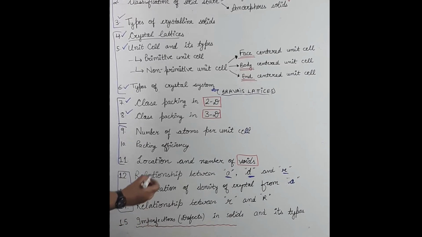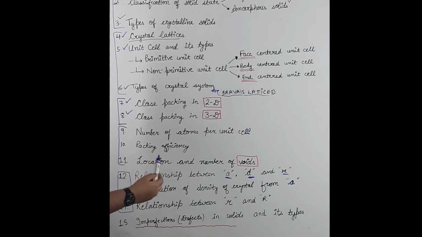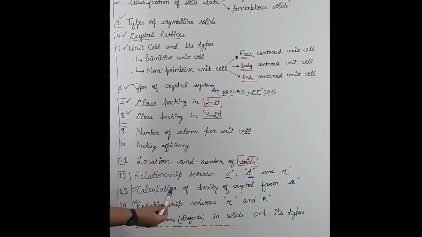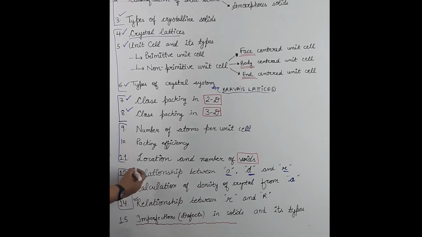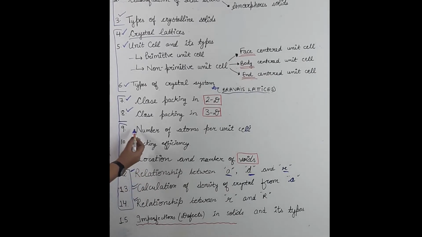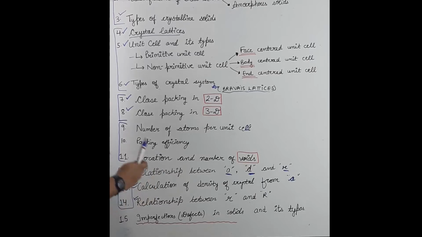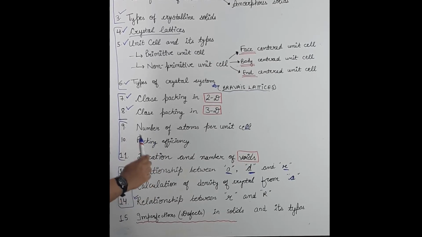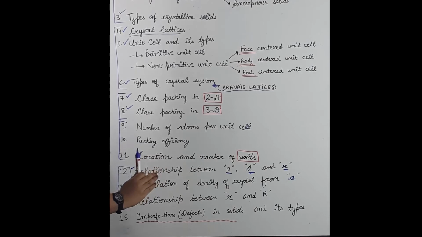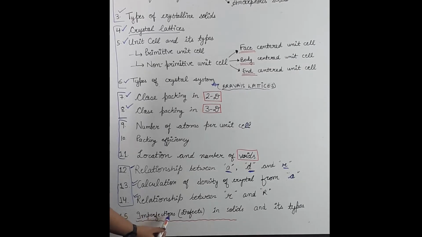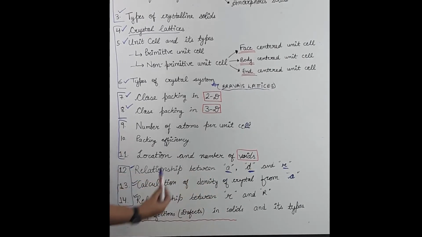Okay guys, I hope that you are enjoying and understanding our lecture very well. New students, please see the previous videos first to understand today's topic with more clarity, because this topic is related to the topic number of atoms per unit cell as we have discussed in our previous video. And all the other students, please revise the daily lecture so that you don't get any difficulty in the examination. And then in our coming video we will discuss the imperfections, that is defects in solids and its types.